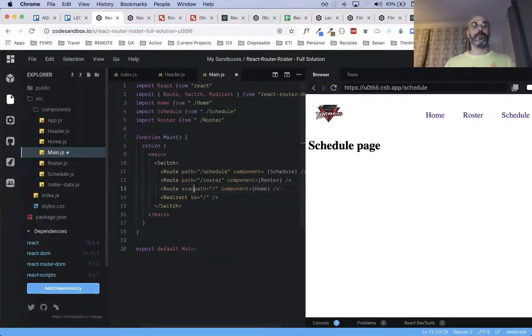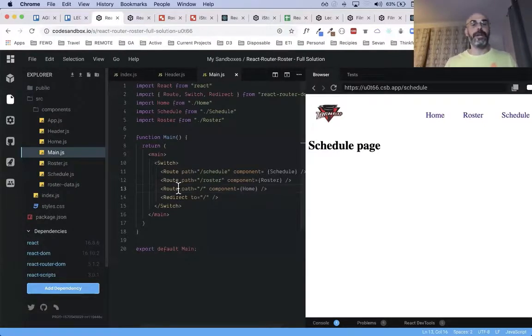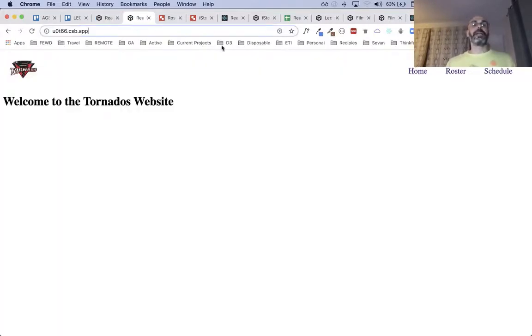So I'm going to get rid of this exact keyword, all right? I'm going to go back here. I'm going to go to roster. I'm going to type rosters. And let's see. It didn't redirect me back. I mean, it shows me the default site, but I'm still seeing a route up here, which would be confusing to the user. So here, if I do add that exact keyword, then I have the ability now to say,